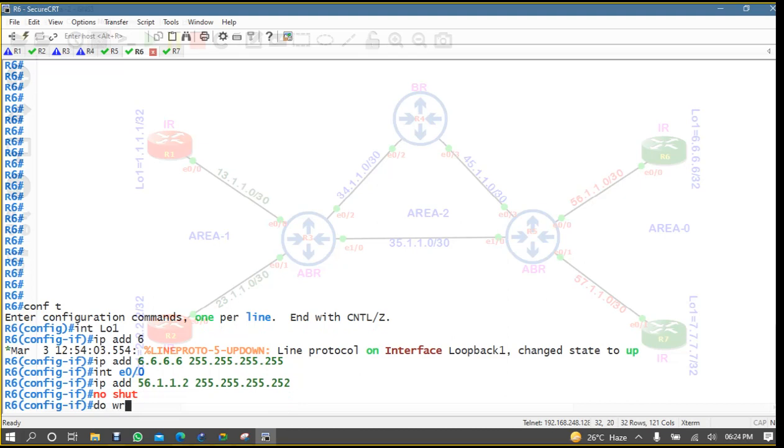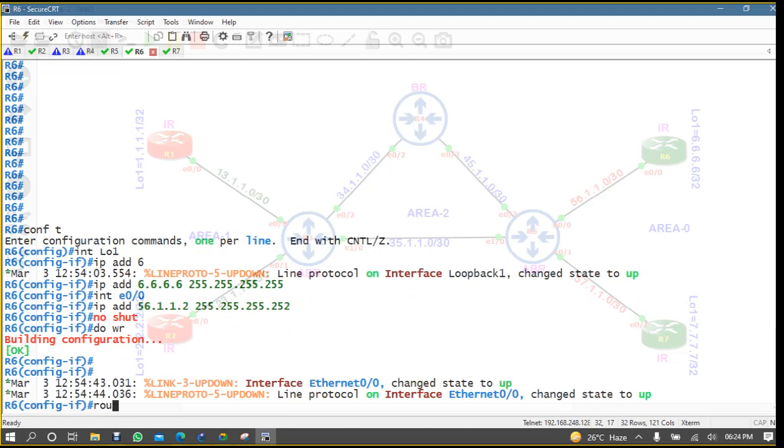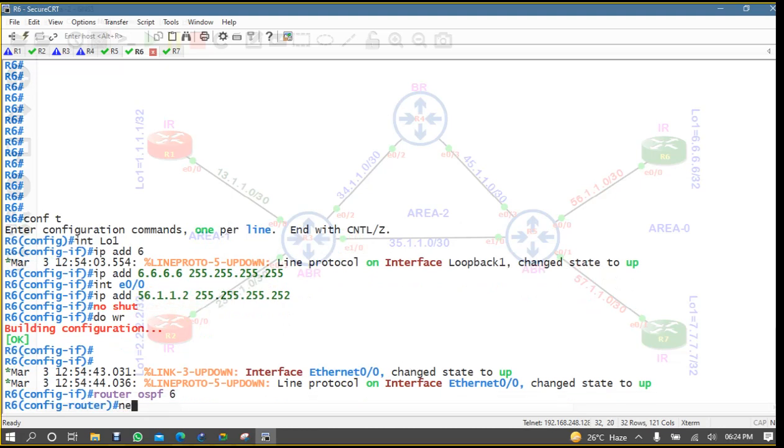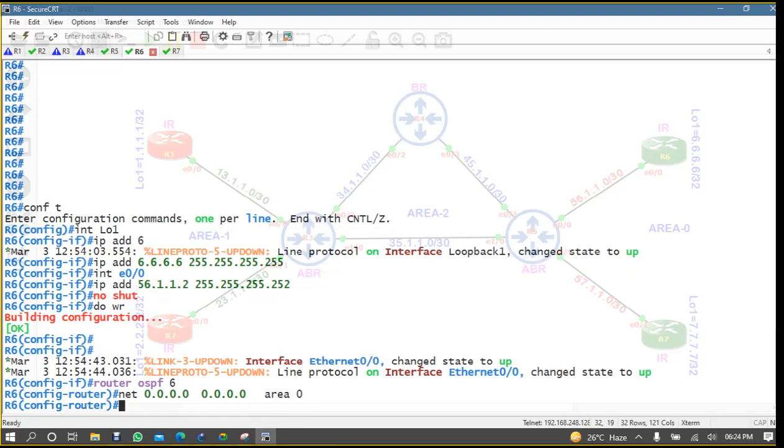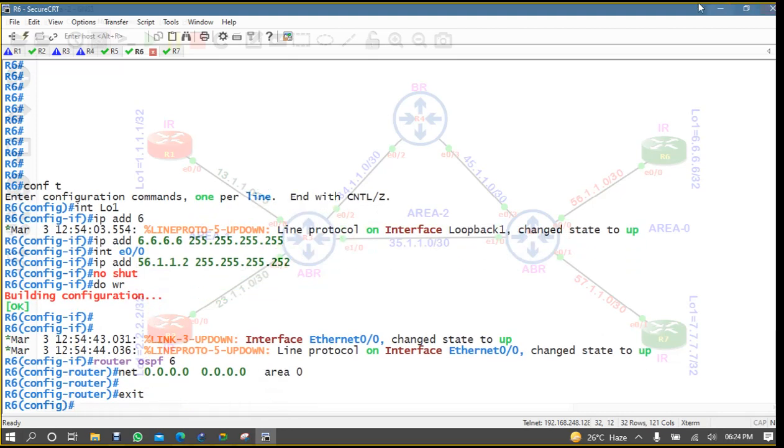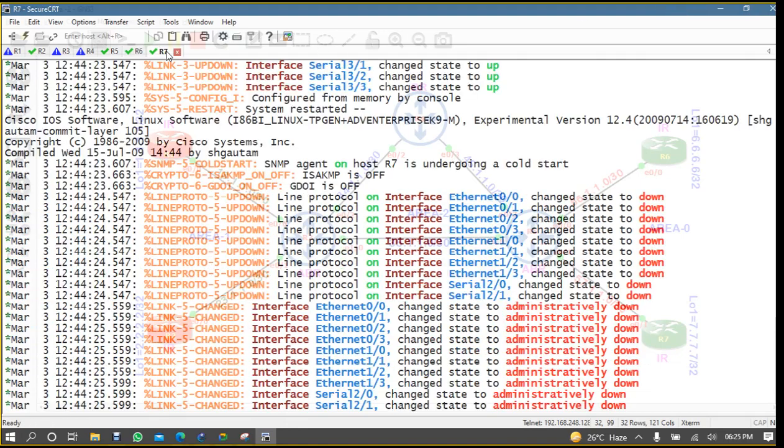and then do write, and here we can simply run router ospf 6, network 0.0.0.0 255.255.255.255 area 0. That's it. Now if we are coming on R7,